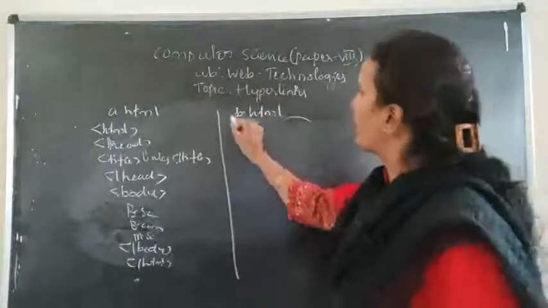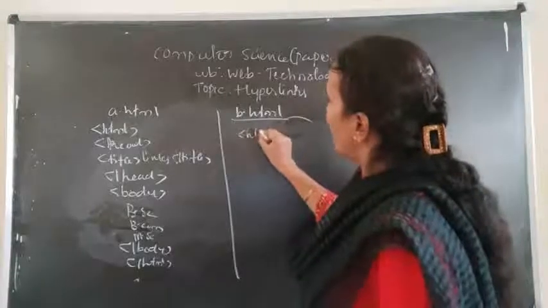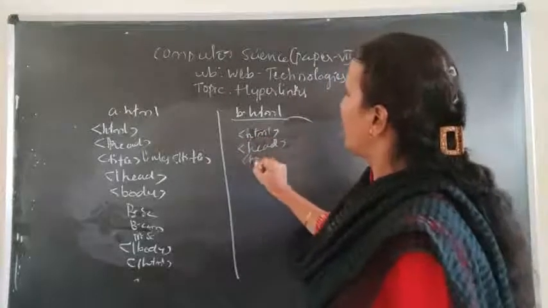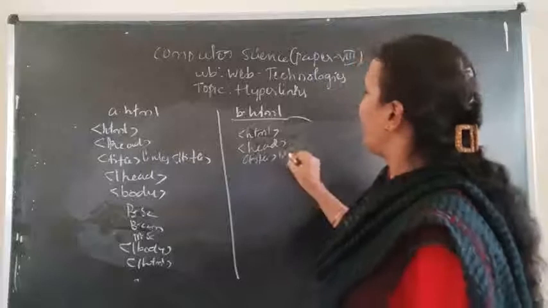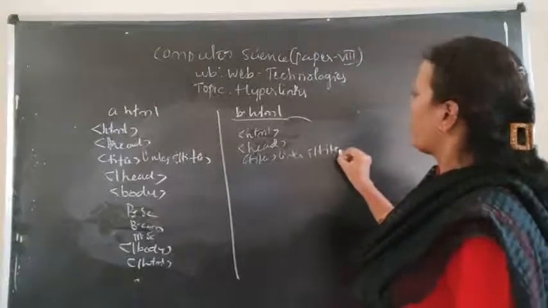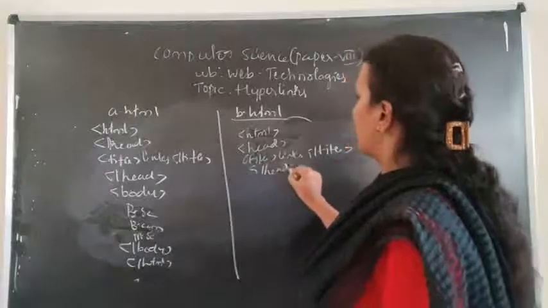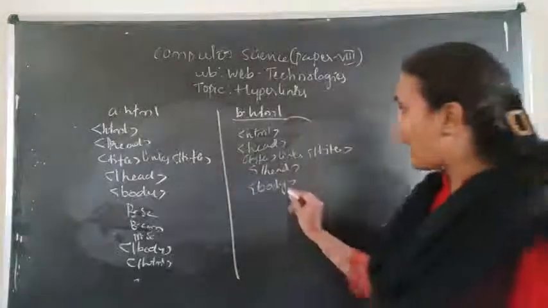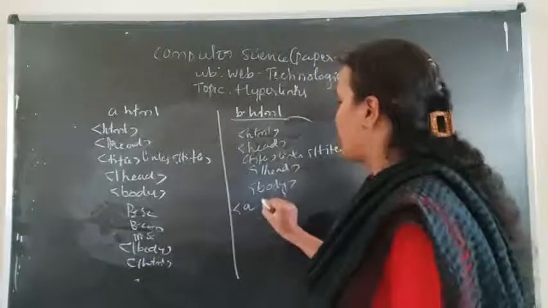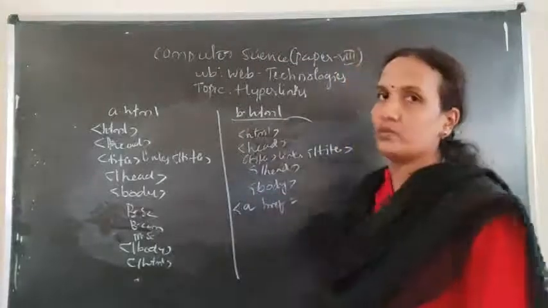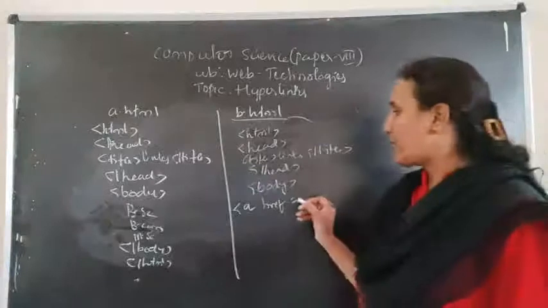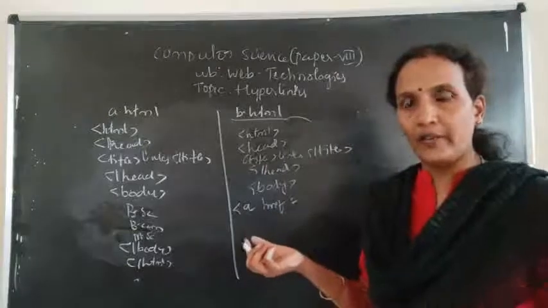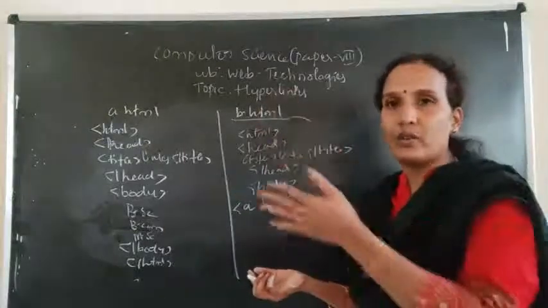See here, b.html. HTML is the opening tag. Next, here I am giving a head and a title. Title I am giving is links. Next, I am closing the head section. Next, I am opening the body tag. Inside the body tag, I am writing this anchor tag, href equals to. As I already explained in the syntax, href equals to the name of the document where you want to move from the current document to another document.